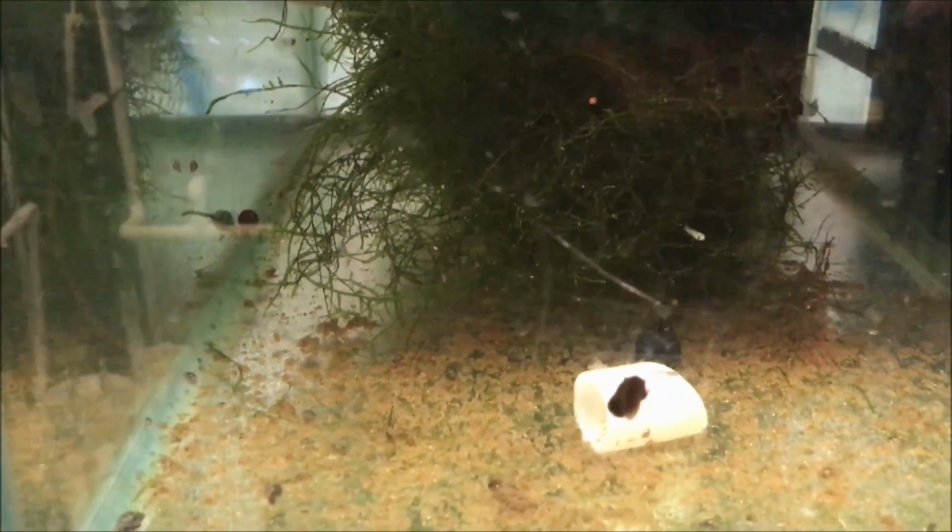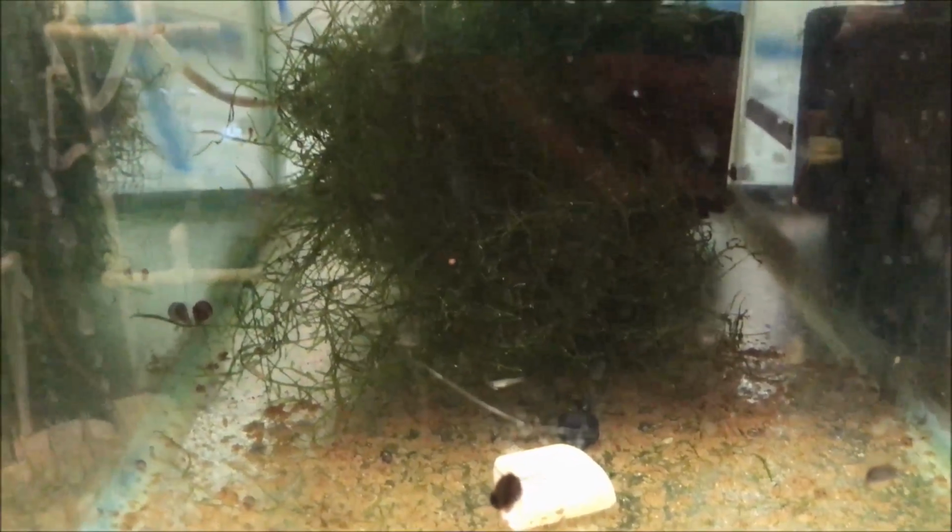Alright, let's look at one more tank that I want to show you. We got fry in all the guppy tanks, but the purple deltas, I don't know if you can see the fry in the messy tank, but there's 2 separate drops. It's probably about 20 fry in there. And if you remember, I got 2 pair of these,